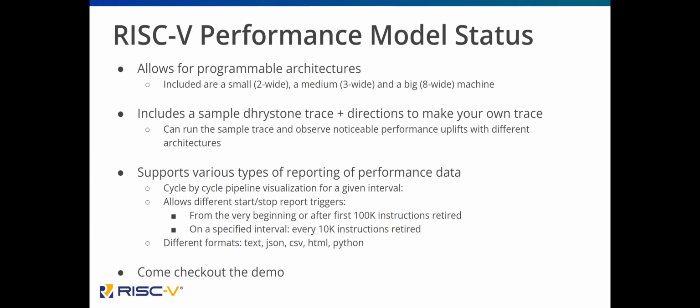Now we have a sample Dhrystone trace, and there are instructions to make your own trace. Then we can run this trace on these 3 different architectures. Apart from that, there are specific parameters that you can change, and you can also do that. But if you run it on these three particular cores, you see that Dhrystone performance improves as expected. So that's a sort of validation that the model is working today, even with this limited